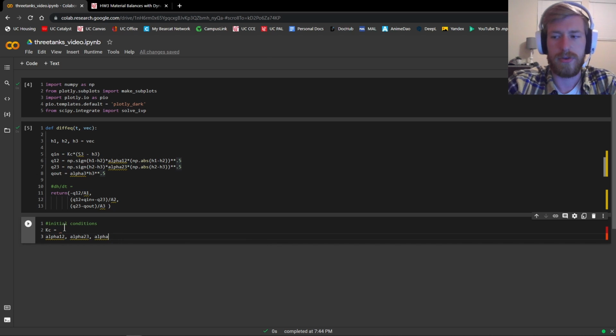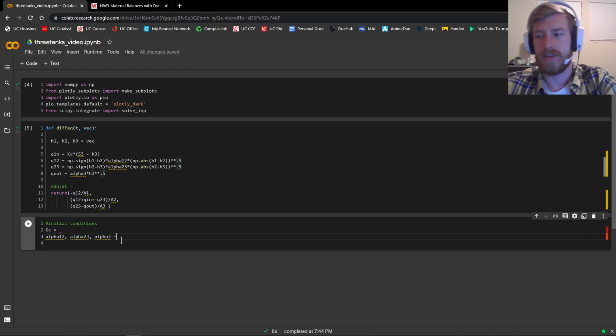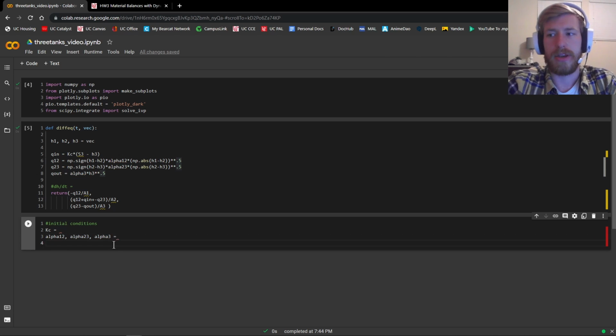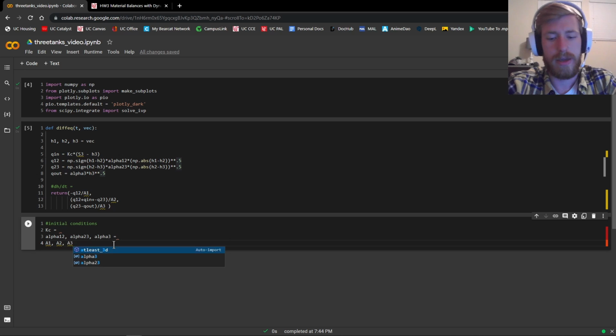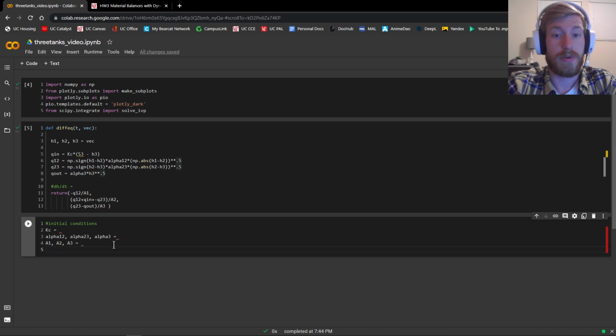I want to make a new line. I need to set that equal to. And then we're going to have our cross-sectional areas, so A1, A2, and our A3. And of course, we're also going to need the initial starting heights because that's another important part